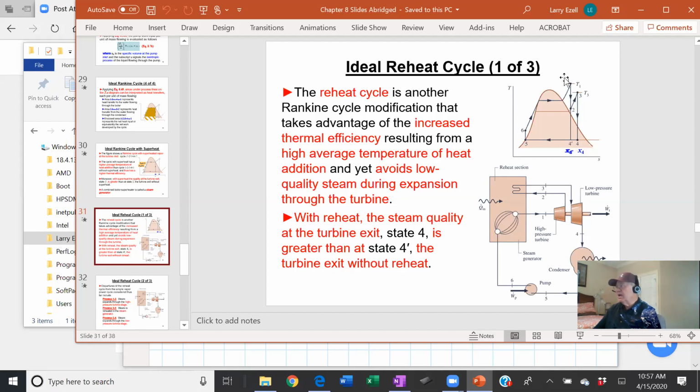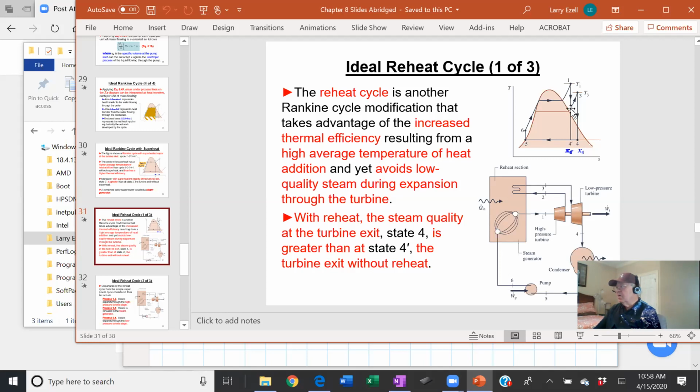In other words, say this high pressure is 80 bar and the low pressure down here is 1 bar. You might go through a pressure drop of half of that, about 40 bar, through the first turbine and get as much energy out of that 40 bar drop. You've got steam coming in at 80 bar, and when it gets to about 40 bar through the high pressure turbine, you drop it out,